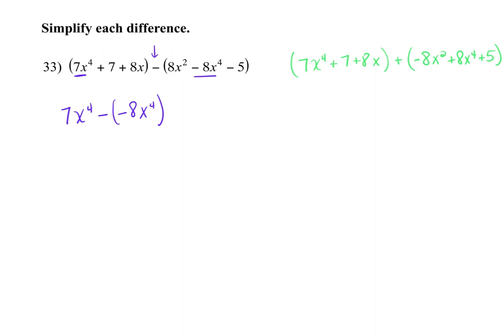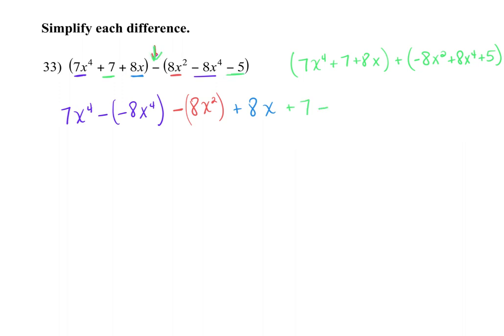I do not have an x squared in the first group, so I have just this minus sign and then my x squared in the second group. Everybody see that? My next lowest exponent is x. I only have that plus 8x and nothing in the second group, so I don't have to subtract anything from it. And then my last one is a positive 7